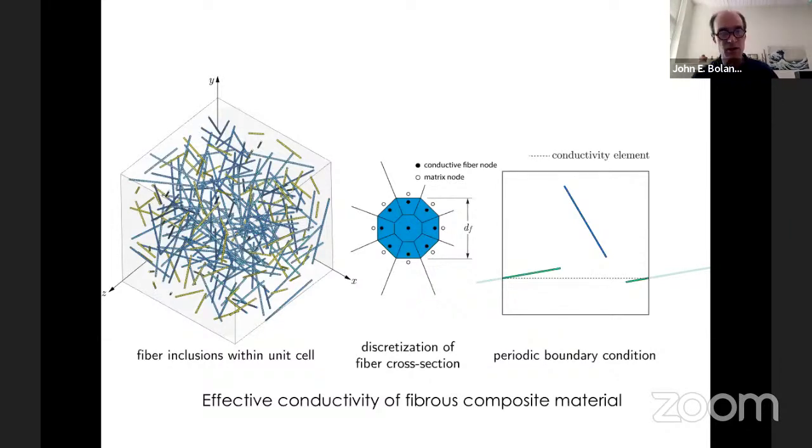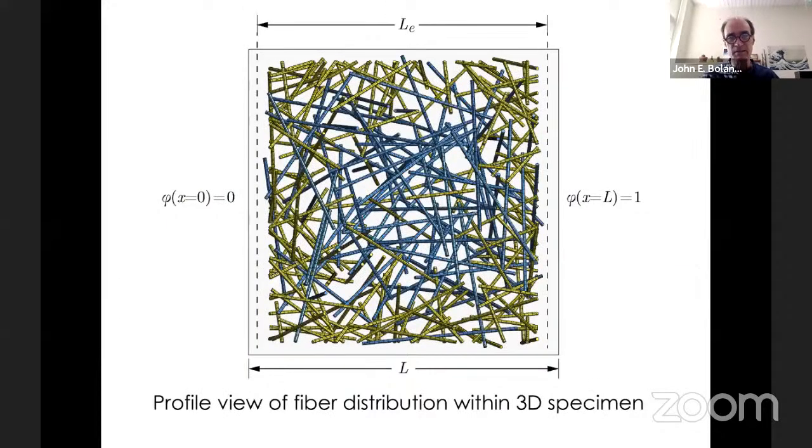We were interested in the composite properties, so we had to introduce periodic boundary conditions. So a fiber exiting one boundary comes in the other boundary. If you don't do this, the boundary effects mess up the analysis. So we need these periodic boundary conditions. And all the fibers that are yellow in this figure are ones that have intersected a boundary. And the blue ones are the ones that reside completely within the volume.